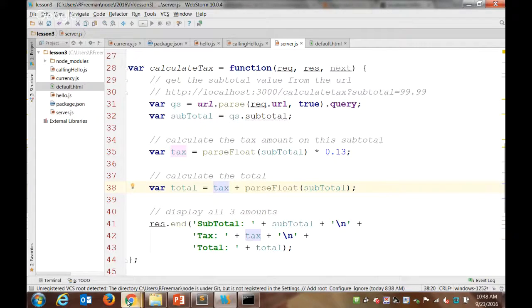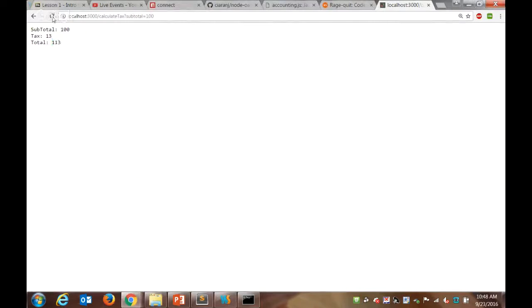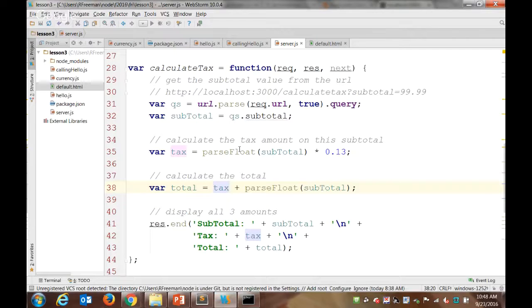Okay, we could try it like that. Let's see. Yep. So it's okay. As long as we've parsed it as a float, at least in one place, it'll work. That's what I was. Now, the other thing, the last thing we want to do, is we want to use our